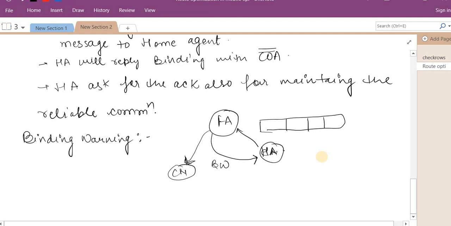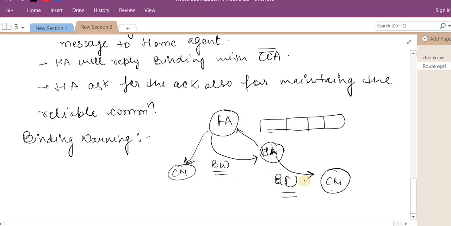So when a foreign agent receives a tunnel message, it sends a binding warning to the home agent as well as the correspondent node. So by receiving this binding warning message, the home agent will send the binding update message to the correspondent node.